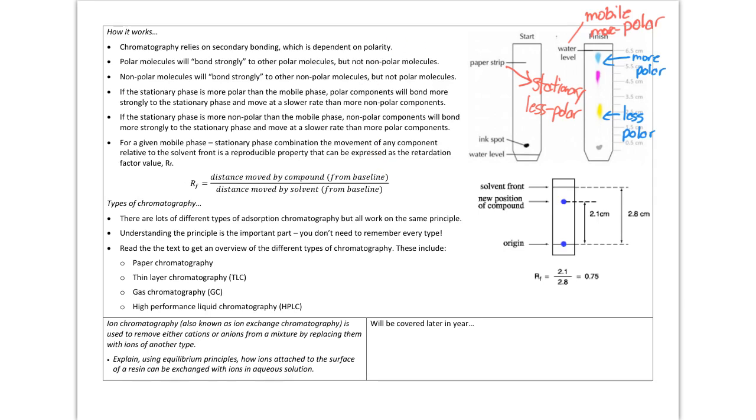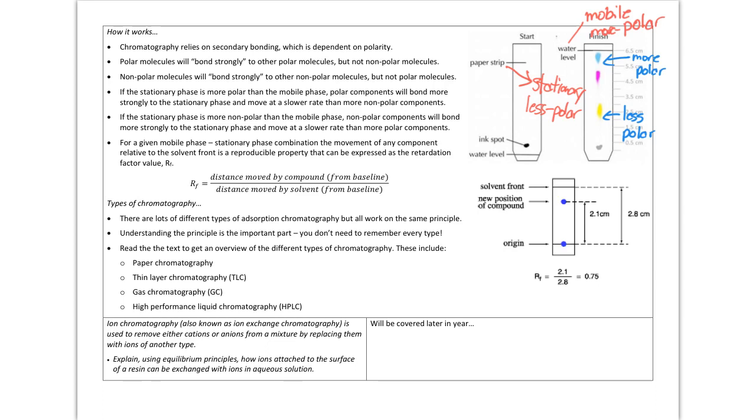So just so you're aware, some of the different types of chromatography are like the paper chromatography that we did in the lab, and thin layer chromatography, which is very similar to paper chromatography, but you use a tile that's got either a polar or a non-polar coating on it that acts much like the paper. We can also do gas chromatography, where we put a mixture of gases. So the mobile phase is gases, and that goes through a very long, thin column, and that is surrounded by a